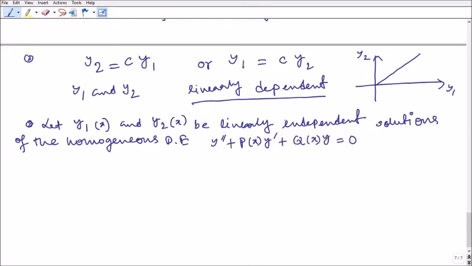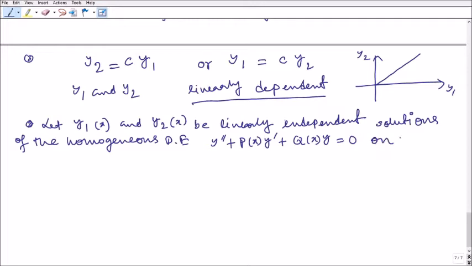Let us consider that y1 and y2 be linearly independent solutions of the homogeneous differential equation y double dash plus p of x into y dash plus q of x into y equal to 0